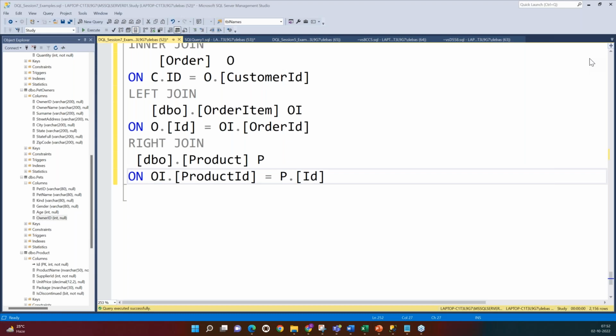For the 1, 2, 3, 4, 5 and 1, 2, 3 right join, the right table has only 1, 2, 3. So the answer will come out as only 3 rows, 1, 2, 3. A full outer join will produce all the 5 rows because the maximum number of rows is 5. 1, 2, 3, 4, 5 will be the answer. 1, 2, 3 will be matching between both tables, and 4, 5 are extra. The right side of the data for 4, 5 will be null. Okay. Now coming back to